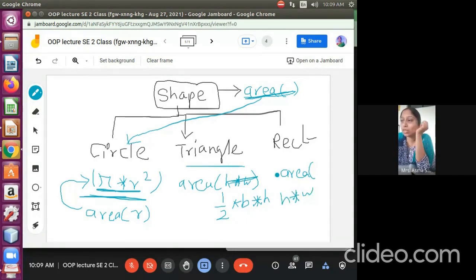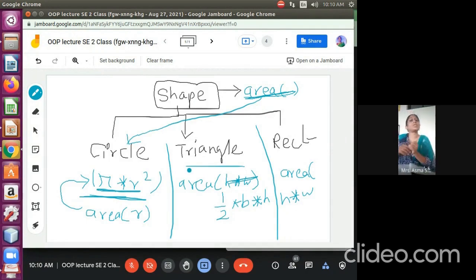So if we see this, students, what do we understand from this? My area will require r as a parameter that works as the radius. Here I require base and height. Here I require height and width. So if we see this, the parameters are different and the activity it performs is also different.